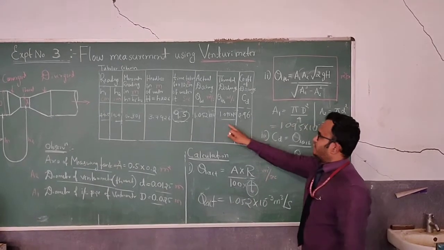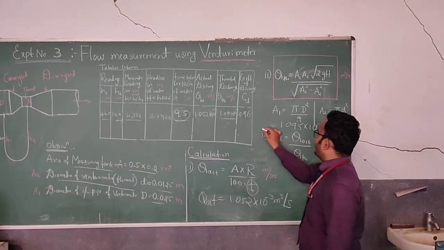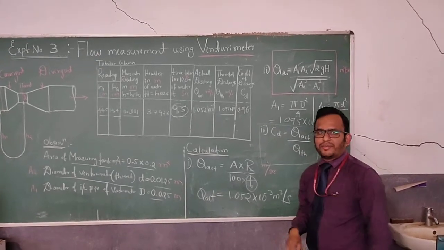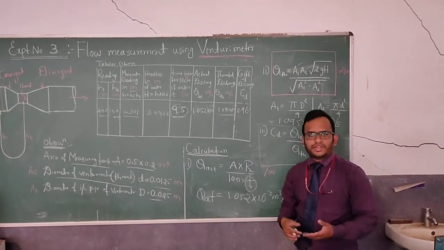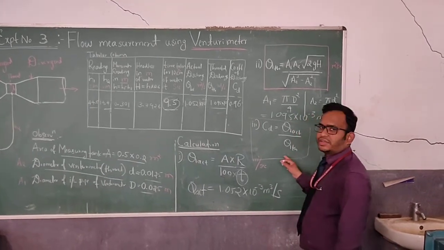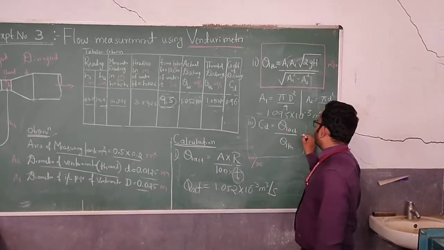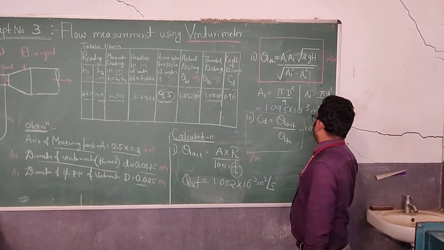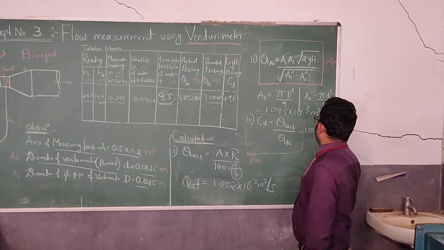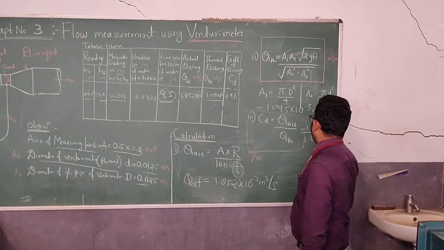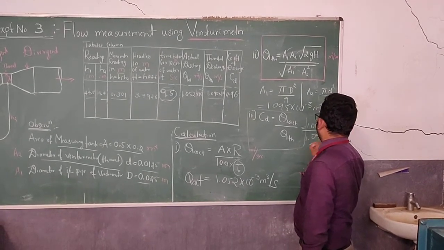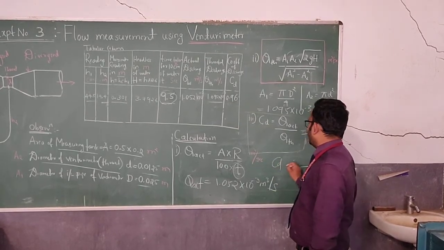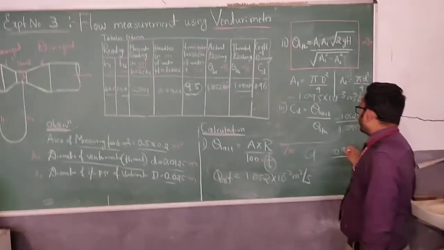After substituting this value, what is the value left? That is Cd. This is the aim of our experiment, to determine the coefficient of discharge, that is Q actual by Q theoretical. So what is Q actual? Whatever value we have got here, that is 1.052 into 10 raised to minus 3 divided by 1.095 into 10 raised to minus 3. Whatever value we get at the end, that is 0.96, is nothing but the coefficient of discharge. This coefficient of discharge is the